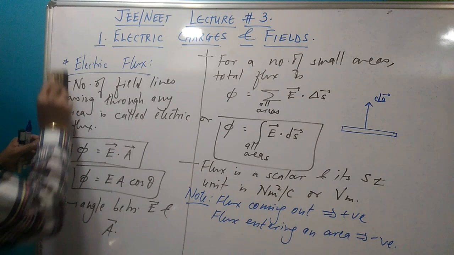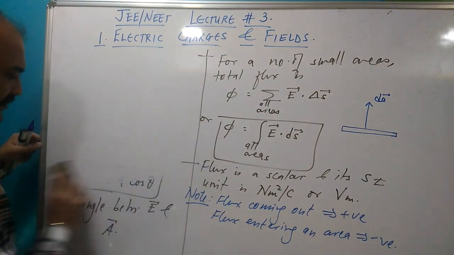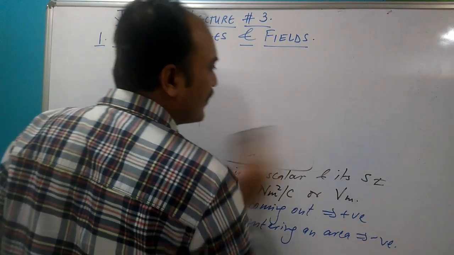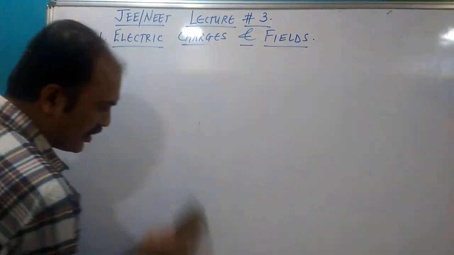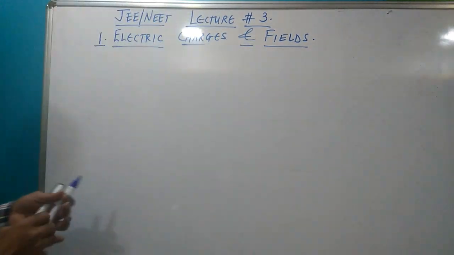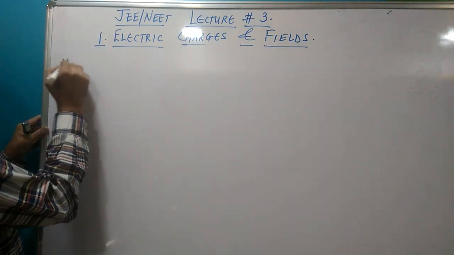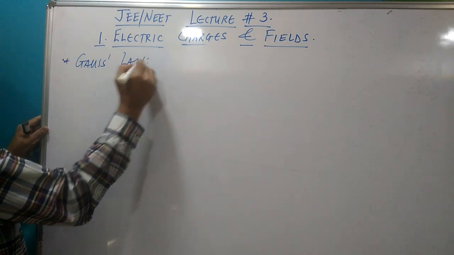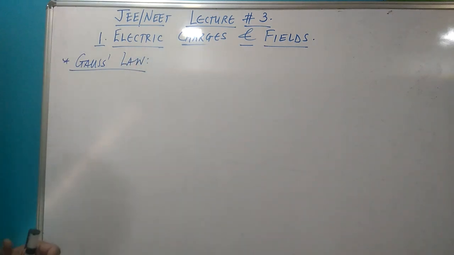One of the most important ideas of this chapter is Gauss's law. Gauss gave us a very important law, in which he taught us to find the electric field linked with any surface. We are just going to see the law here. We are not going to look at the derivation. We saw the derivation in the board lecture.